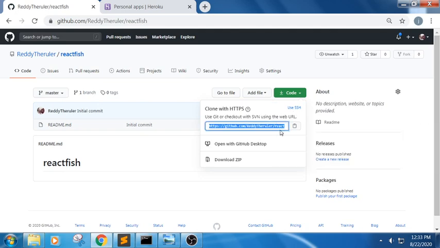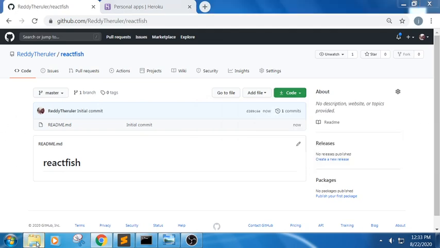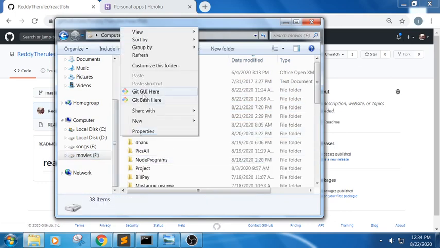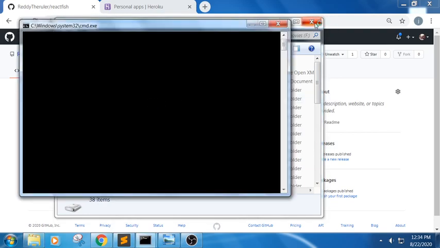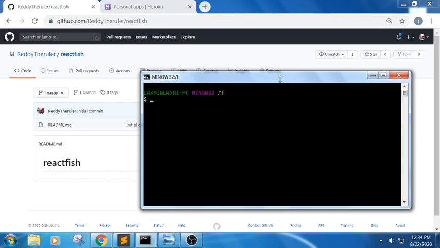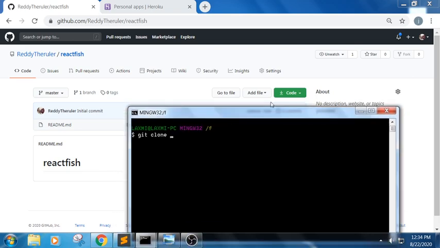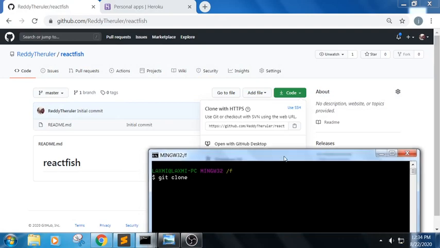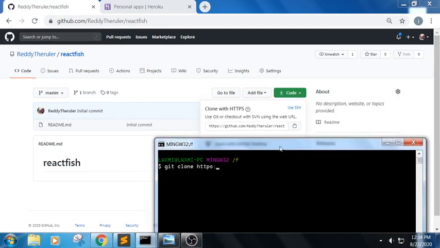You just need to copy this URL and first go to the GitHub account, click on the plus symbol and create a new repository. Now here, git bash here, go to any drive and write git bash. First command is git clone, and you need to write this URL part. Here I am unable to copy and paste it, so I am typing it. You can just copy it.